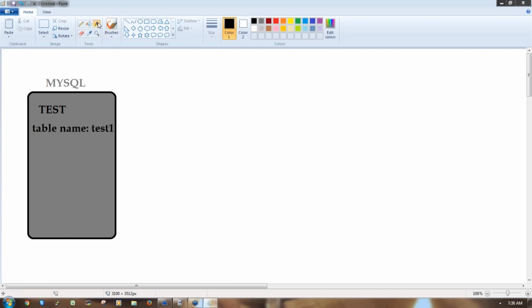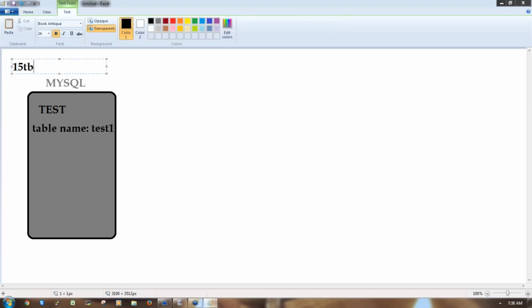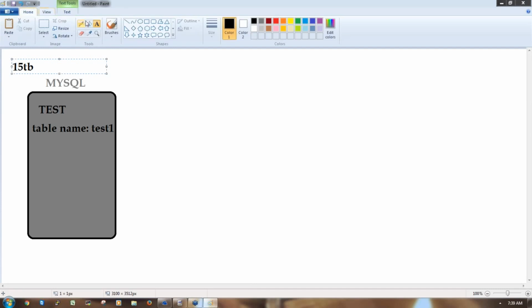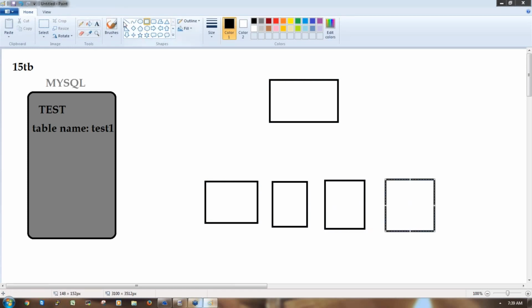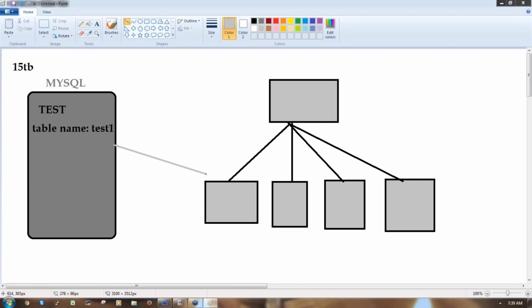My situation here is that I'm getting 15 terabytes of data in a month. I don't have any alternative, so I'm using Sqoop to import the data from the production database to the Hadoop cluster. This is the Hadoop cluster we are going to work with: one name node, with multiple slaves connected. This is the name node, and these slave machines are the data nodes. Now I have to import the data from the production database to the Hadoop cluster.